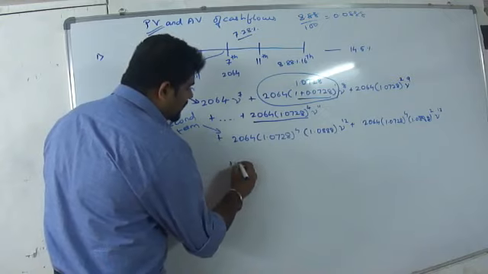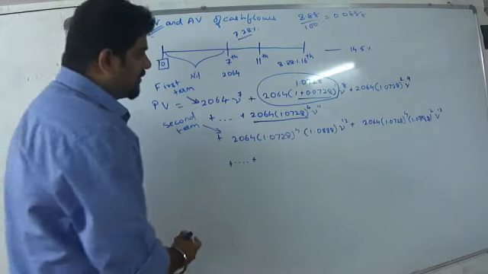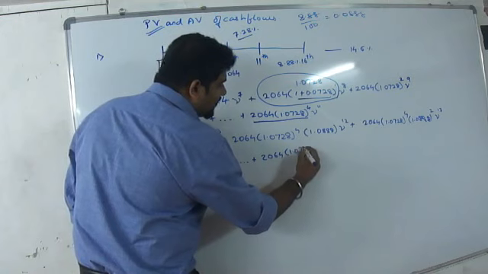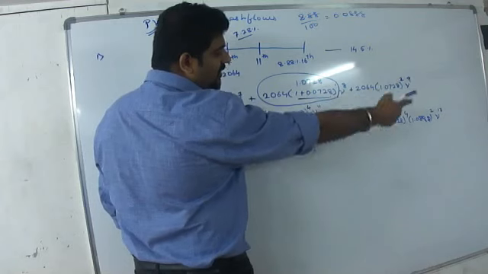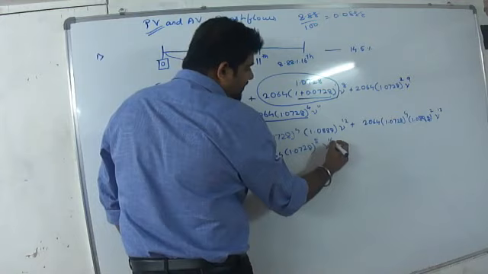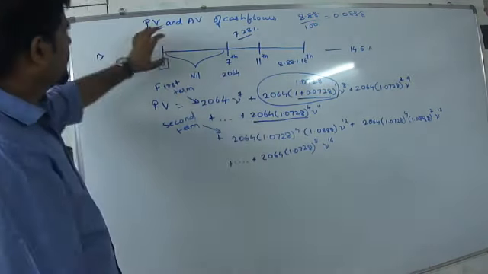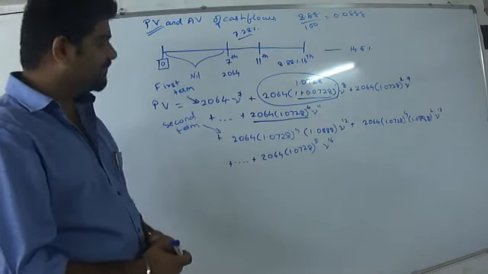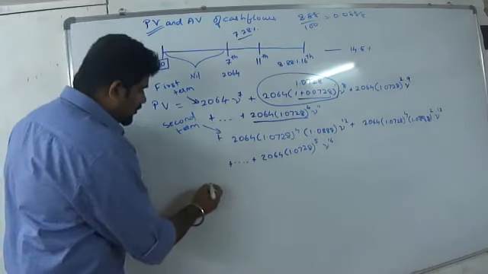This has to go on for 16 years, up till the 16th year, that means for 5 more years. So what will I be getting? I will be getting 2064 into 1.0728 to the power 5, because 13 has 3 more years. Add 3 more years and 2, we get 5. Discounting factor will be to the power 16. The addition of this term plus this term is going to give you the present value at time t equal to 0. Now let's try to understand how to solve this sum, how to solve the calculations.